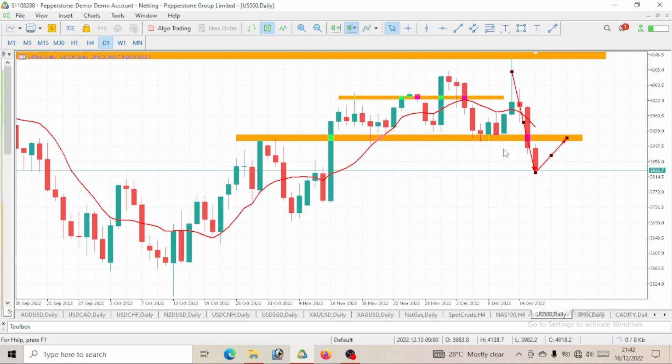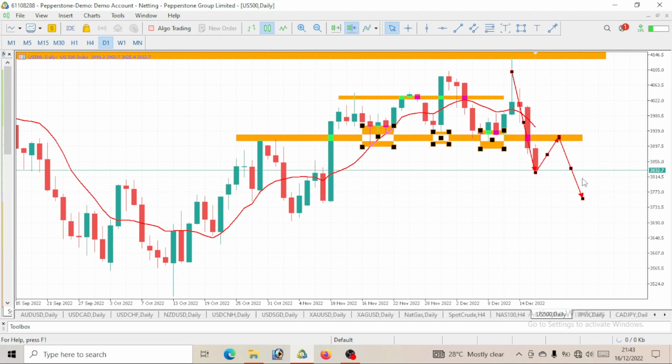The reason why I'm watching out for this level is that price has once reacted to this level. I do tell you guys that if price has reacted to a level previously multiple times, there's every possibility that price will get to that same level, especially once price breaks out. Price needs to give us a pullback to react to that same level again. We saw a rejection here and another rejection here. Now that price has broken below it, watch out for a pullback. Definitely a pullback will be made to test the same level before we continue our bearish move.